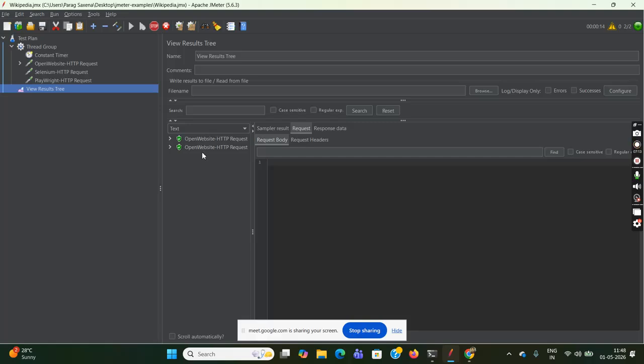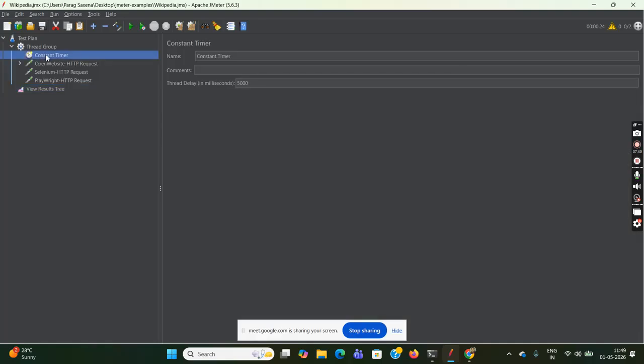Now it has executed first page. Now again, you see second page is not executing, servlet page. Now it has executed. Now third page, playwright is not executing, it is stopping, and then it has executed. So we have added this constant timer to have the realistic, because there will be some time interval between the request. Okay. Now again, if I remove this constant timer